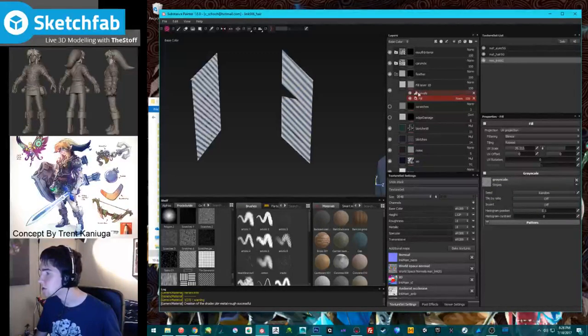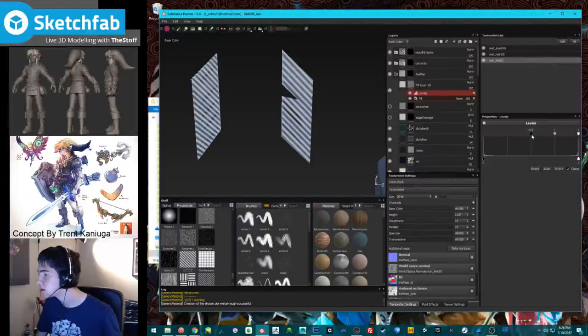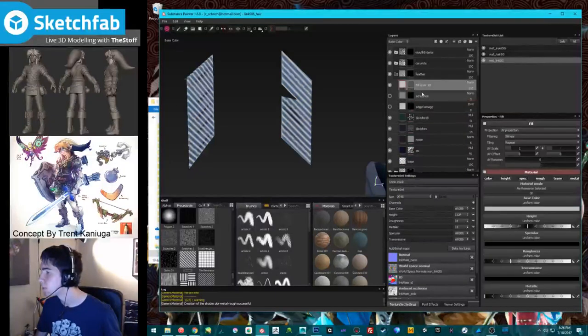Okay, so I want to decrease the opacity of this, but I also want to create tighter spaces. Yeah. Okay, so this is gonna be kind of like a normal map. Well, not kind of like a normal map, it will be a normal map.